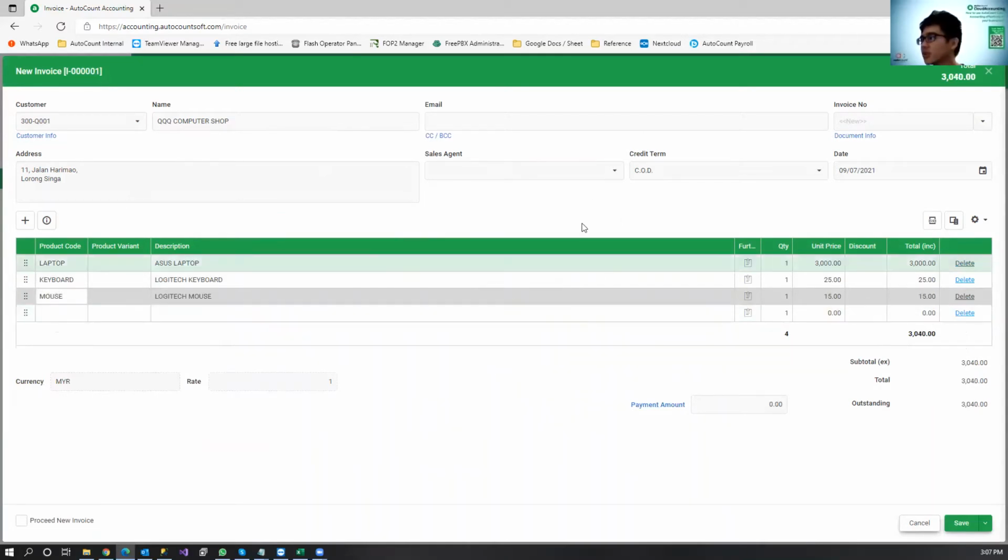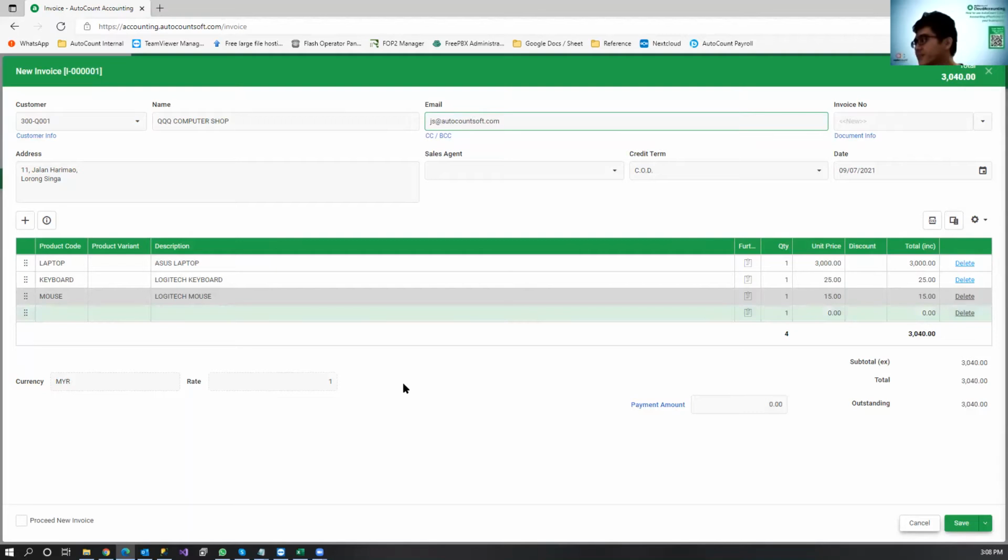If you want to email them anything, you can also key in their email. If you already created it in your chapter, it will automatically capture the email in the chapter. If not, you can also click here. For example, this is my email, just for a sample. When I'm done, I can move my mouse to the save button.